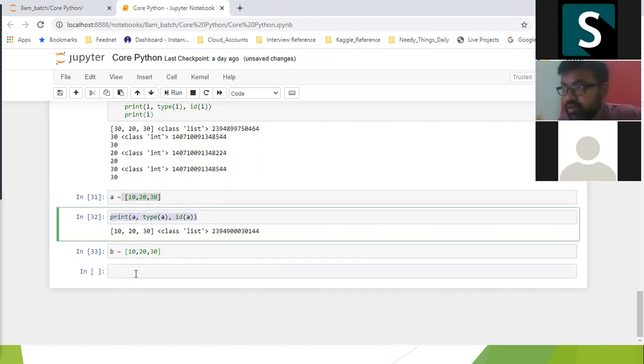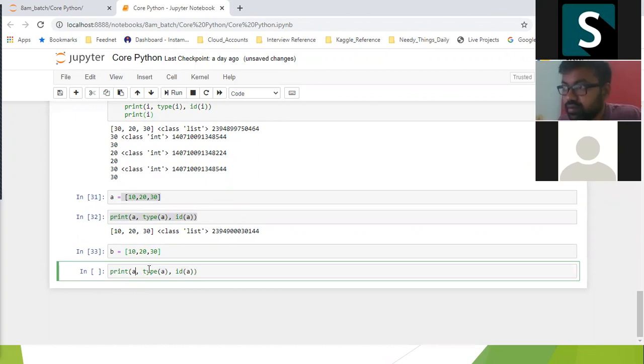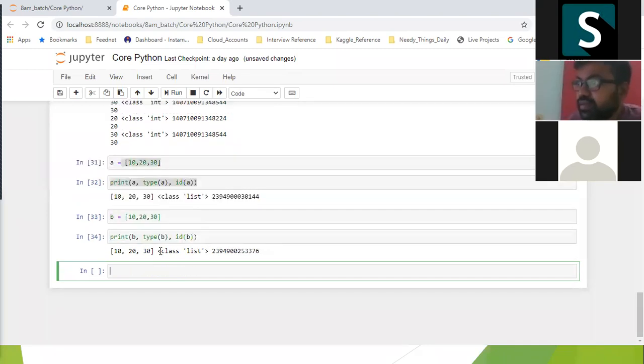For the b object, you can see we have the same content, but it is not using the previous reference address. It is creating a new reference address because this is a mutable object.